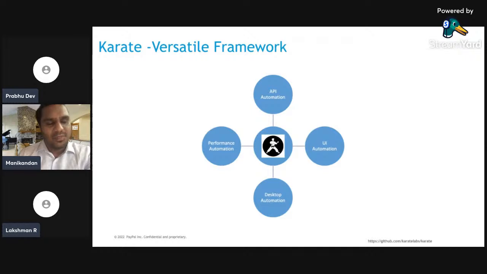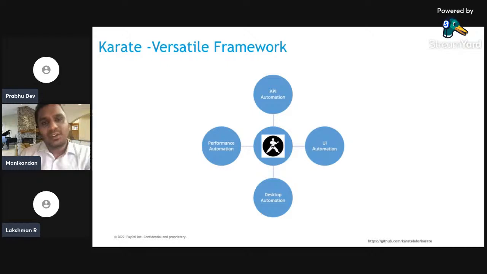Karate follows a very simple BDD syntax. If you want to develop API scripts, we will use Karate because even non-programmers are able to do the scripting from day one itself. Karate also has powerful assertions and built-in reports. If you want to execute your tests in parallel, we will use this Karate framework.